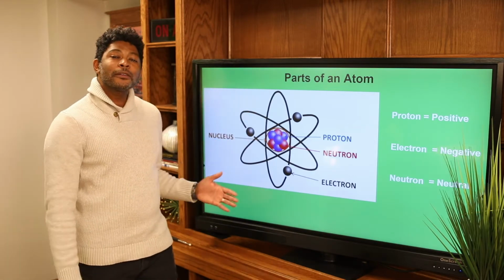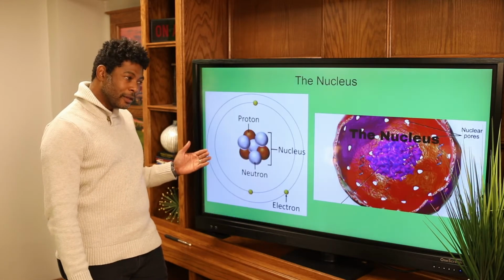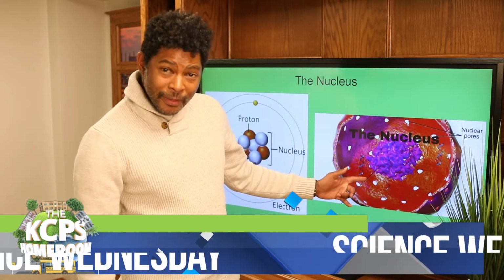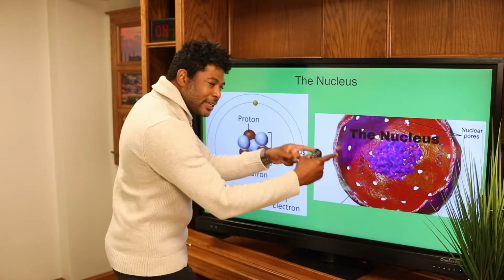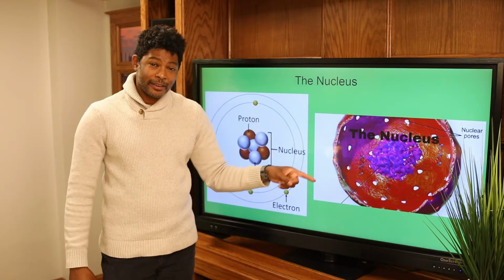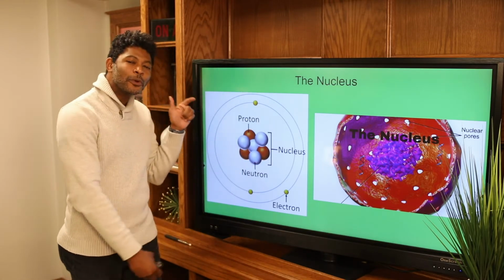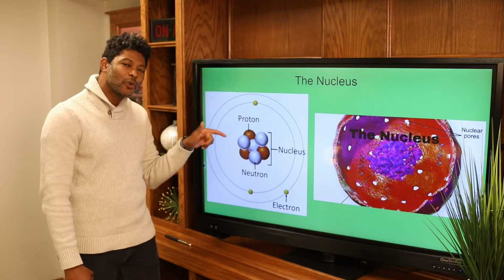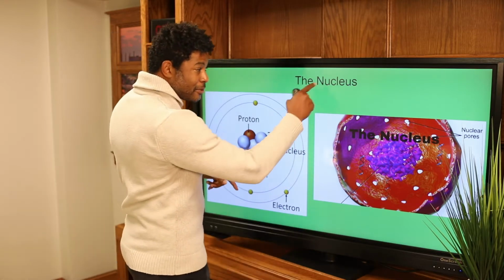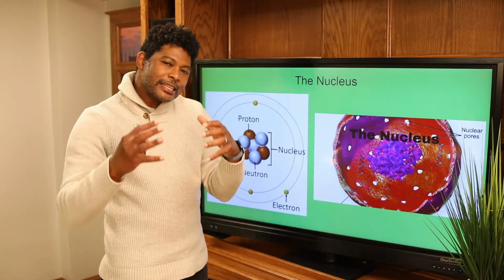So, we got our atom here. Now, one thing that I wanted to bring your attention to is this side. Nucleus. Here's why. You've heard nucleus before, in terms of a cell. Here's the deal. The nucleus of a cell is where all the business happens. This basically tells the cell what it is, why it's there. The nucleus of an atom does the same thing. The nucleus is what really identifies an atom as who it is and what it can do. Got it? So anytime you see a nucleus, don't think of it as control center as much as identifier,